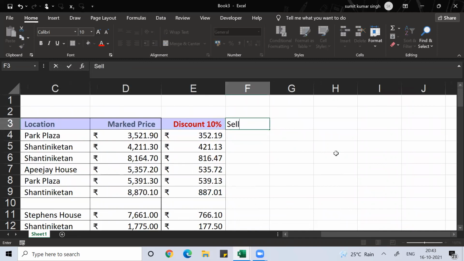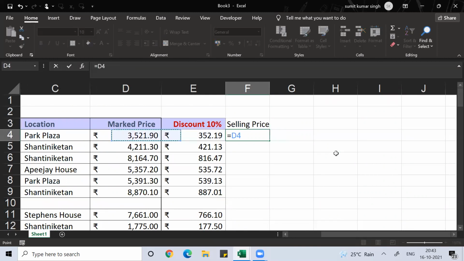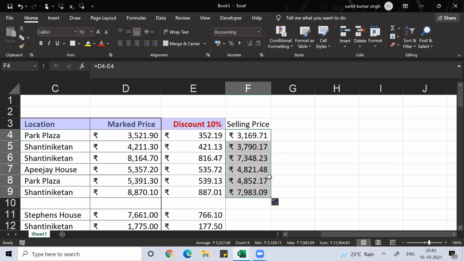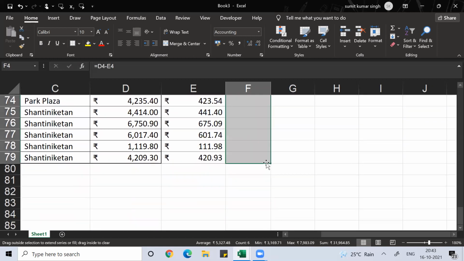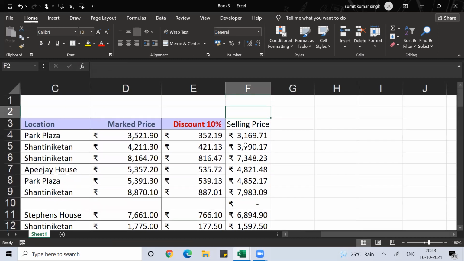To calculate that selling price, it is your marked price minus your discount. Just double click here when you find the dotted sign, otherwise you can drag it like this. So this is your selling price.